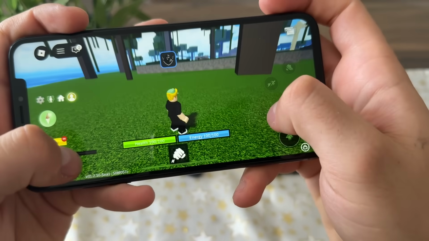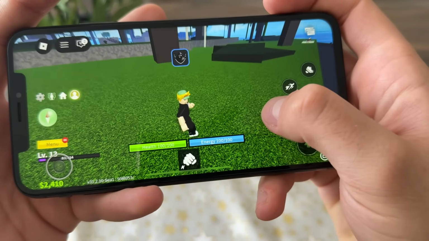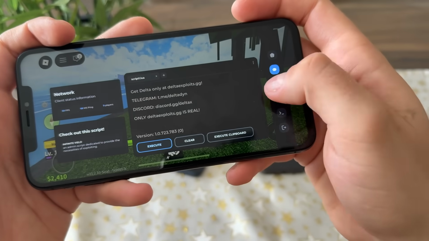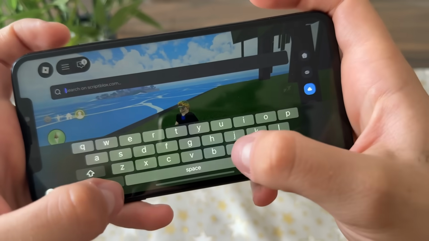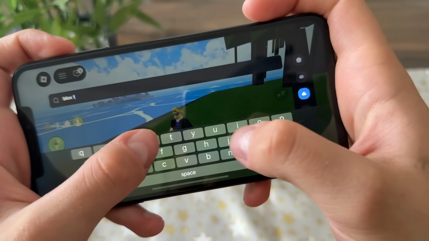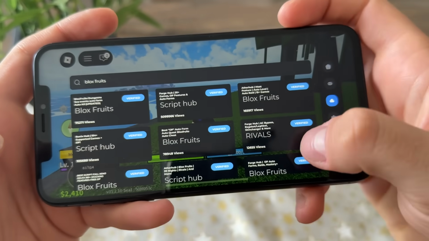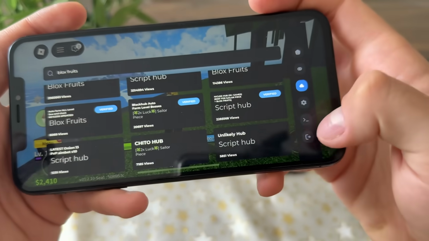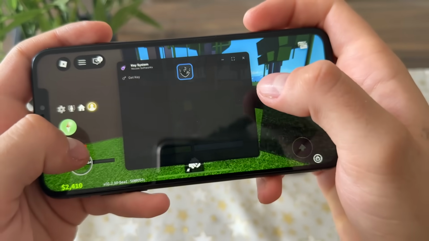Oh my god, guys, I'm so excited because it actually worked. After testing a lot of websites, it was the only working one. Now you can go, guys, there and search for scripts that you like. For example, let's search blocks Fritz and look at this. Look how many scripts you have. You can do whatever you like, guys. You can go execute. Some of them require keys, some of them are free, and look at this, guys, it